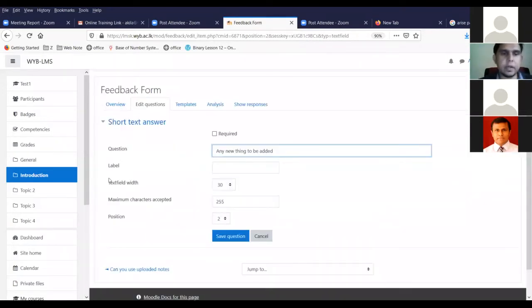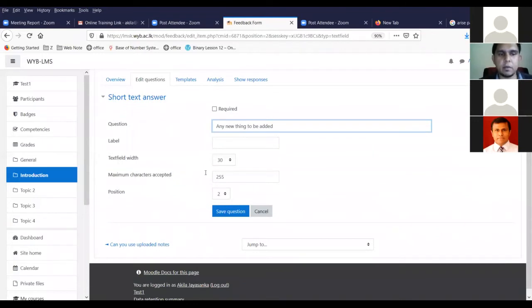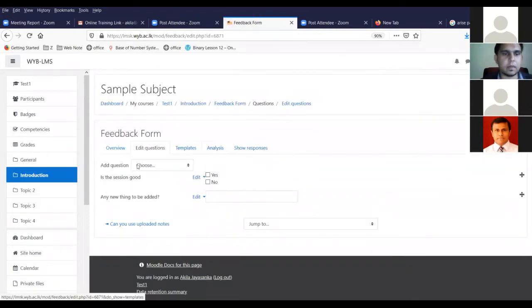Again, you can limit the number of characters, and you can save. So in our feedback form, now we have 2 questions. If you want, you can add more in your feedback forms. So I'm going to leave this one.